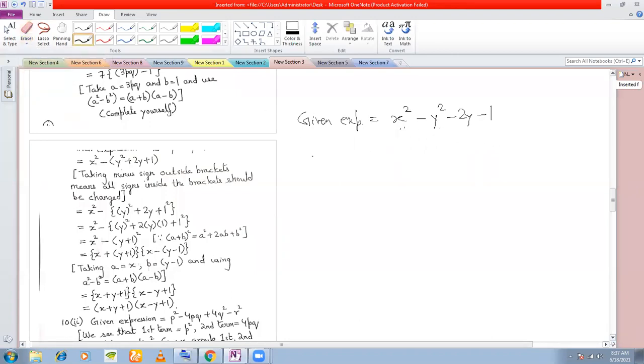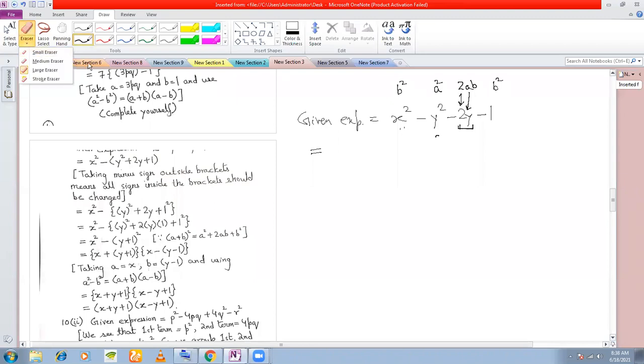Now what you must very keenly observe in this kind of problem is this term here, you see this 2 here. This refers to the fact that this is a 2ab. That means if this is a 2ab, there must be an a square also and there must be a b square also. So which is our b square? Which is our a square? See, there's a 2ab. So if you take, suppose, a as y, then this must be your a square term, right? What about b? So either this x square is your b square, isn't it?